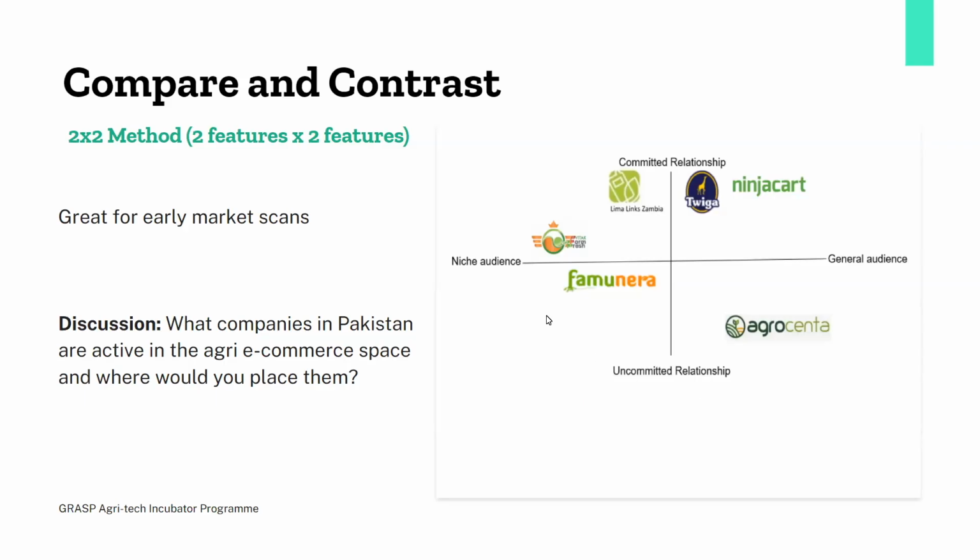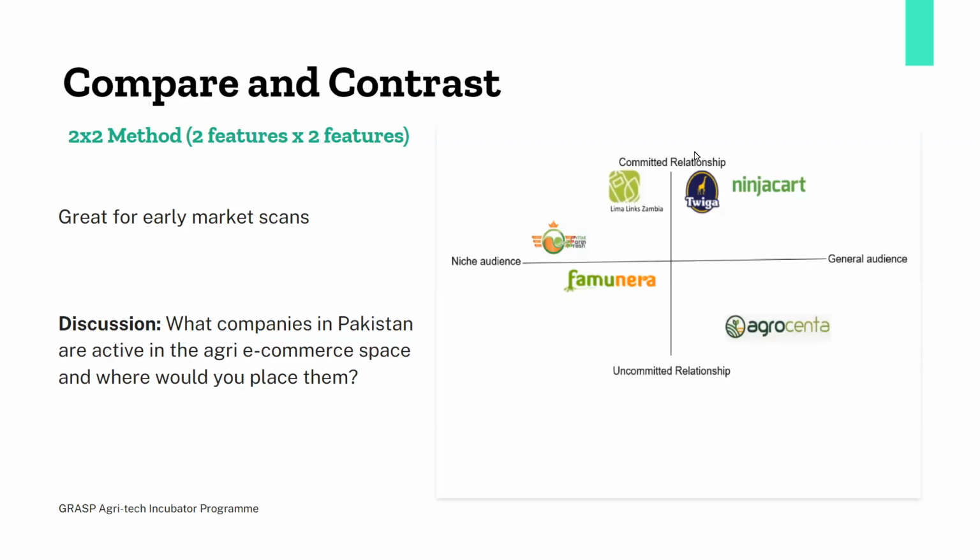And then it's a niche audience because it again is limited to very few value chains at this time. They're kind of trying to focus on exportable crops as well. So, niche audience. But what they are doing as a business is getting into B2B relationships with committed buyers. So if they start to get into that, you'll see them move up this vertical axis, so to speak.